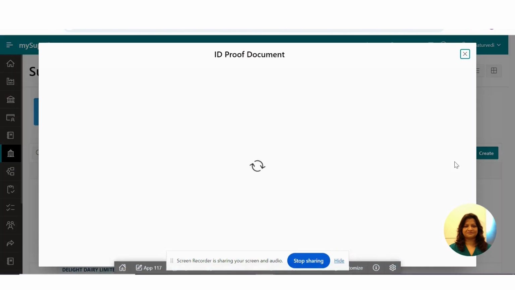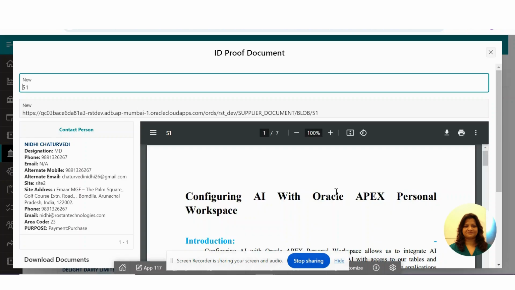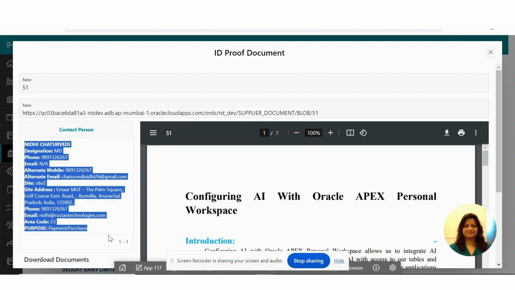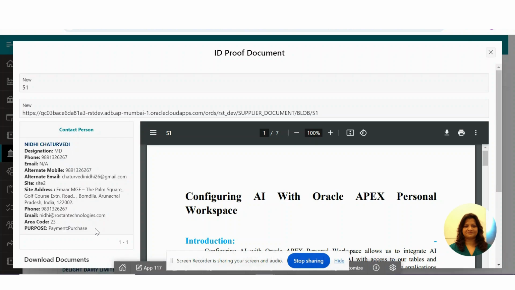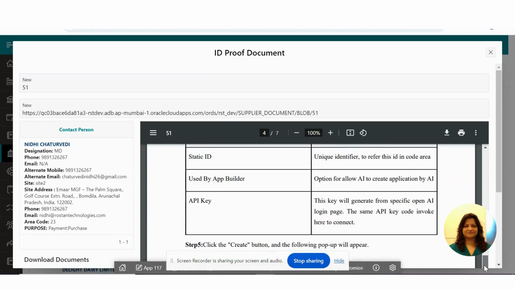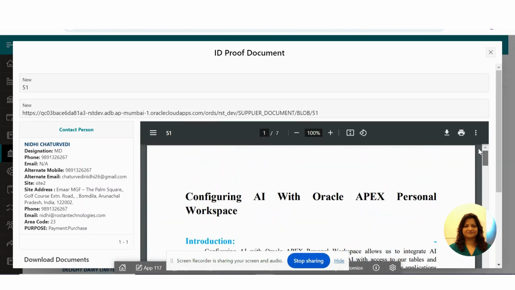See, when I click on the I button, I show the document, and I'll explain some attributes in this page. This is the page I row ID, and this is the URL, and this is the table document I show with the help of CSS and HTML in this report, and this is the document which I want to view.